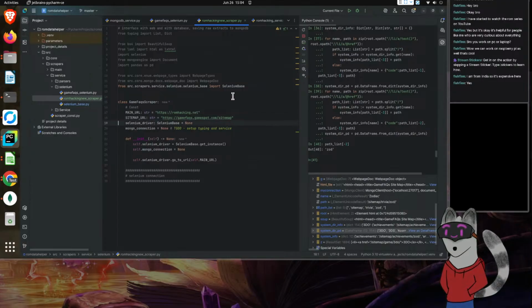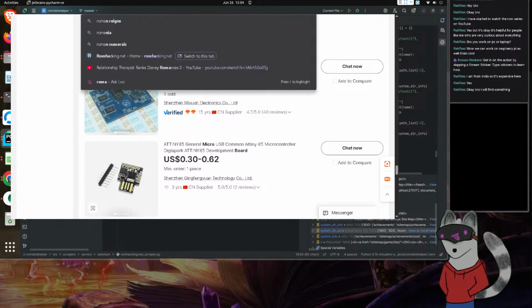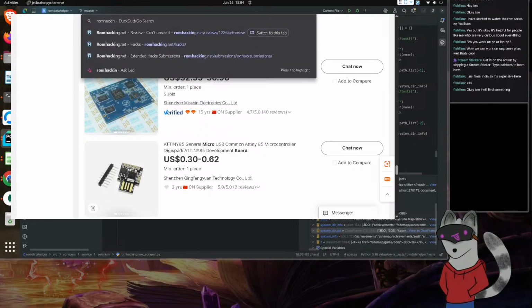So we have our main website. We don't know our sitemap yet. Sounds good. Actually, let's load that back up. I don't want to be flashing everybody, so I'll try to think a few steps ahead. So let's go to romhacking.net.